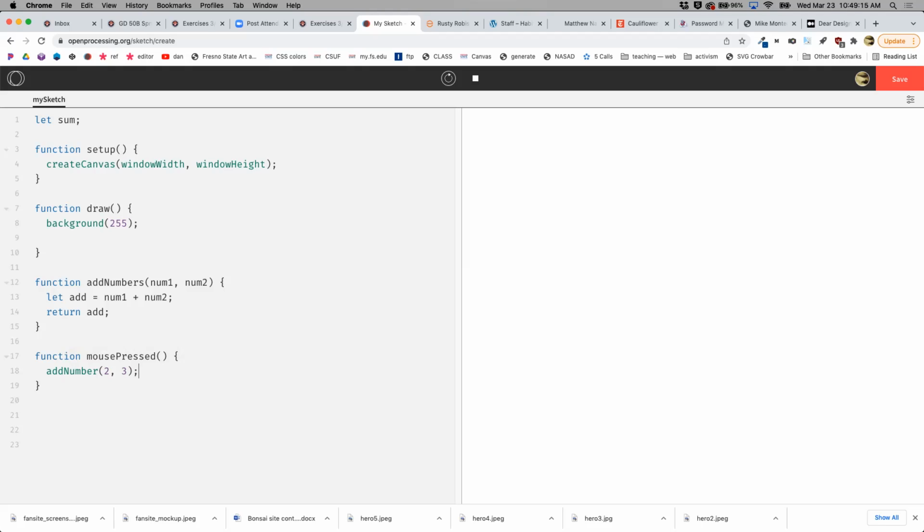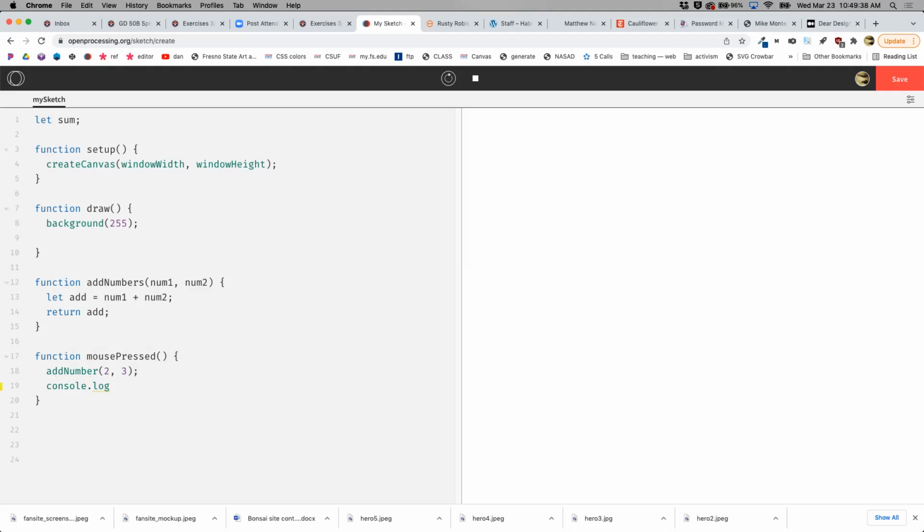So it's taking the first argument and storing it inside the first parameter. And then it's taking the second argument and storing it inside the second parameter. It's passing it into these temporary variables. So now I'm going to say